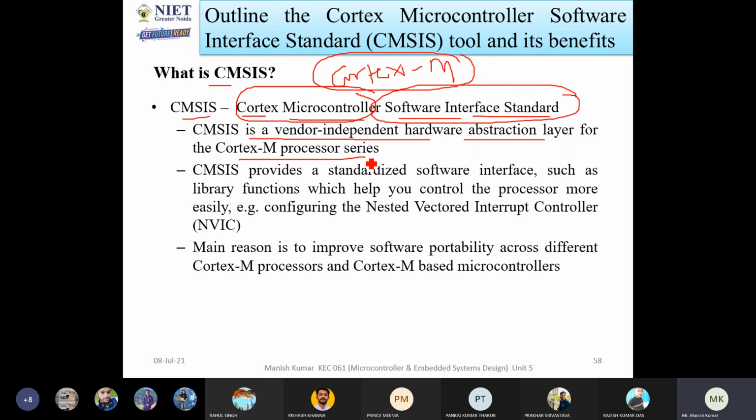Like Intel is designing a processor, and it is going to provide it to all the electronics companies. So it helps the producer. Any vendors will develop any systems, any designs.